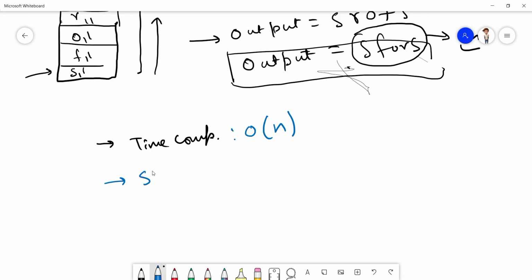And space complexity, since we are keeping this output string, the extra space should be O of n also, right? In the worst case scenario, it is going to be O of n. So the time complexity is O(n) and the space complexity is O of n.